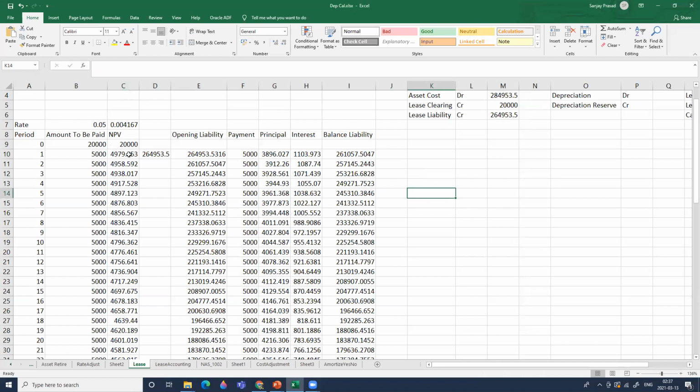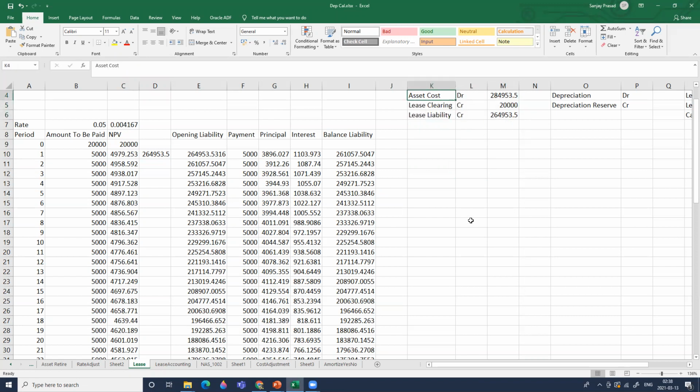So now the asset cost is this. This asset cost is built up of two things. One, the asset liability, which is this amount, and second, this amount which I've already paid. So the way the system will account is something like this. Asset cost debit; whatever I have already paid will be parked in the lease clearing account, and whatever I'm supposed to pay in future will be parked to the lease liability account. That is how the leased asset addition accounting will be created.